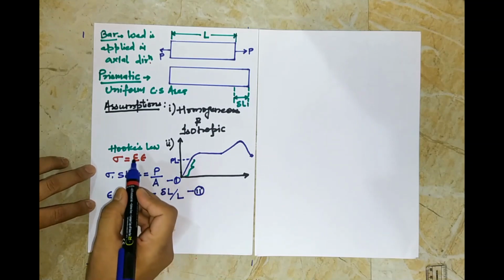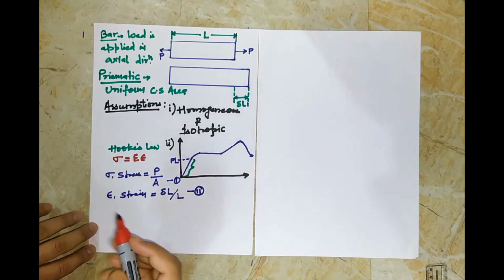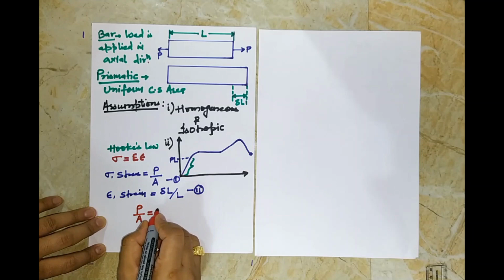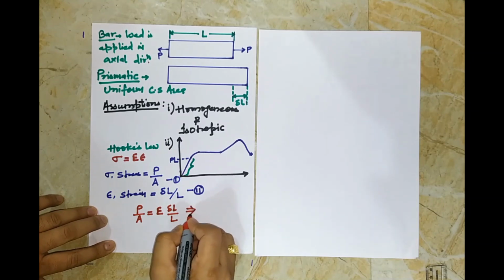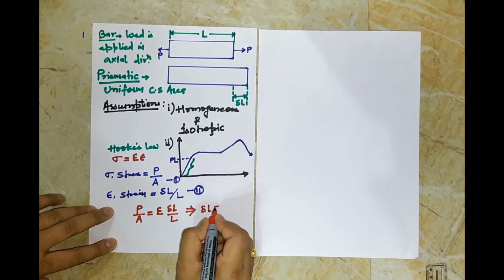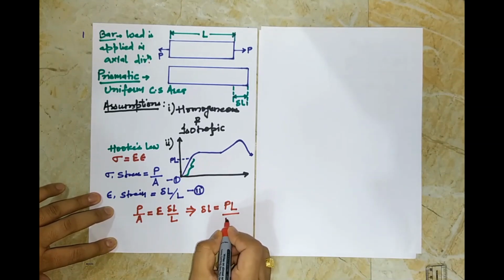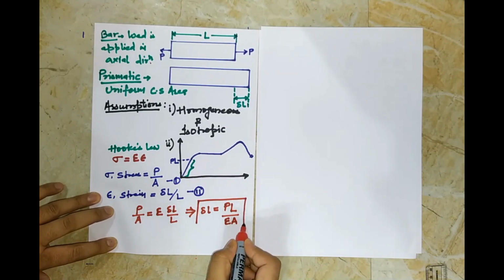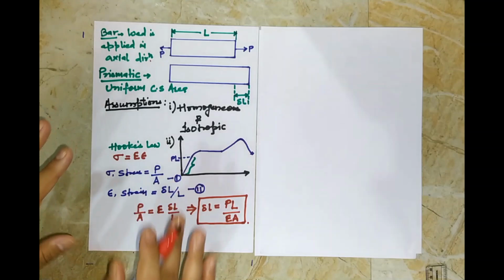And let us put 1 and 2 in Hooke's law equation, because we are elongating it such that it follows Hooke's law. Okay. So as we put these 1 and 2 in this equation, we find that P by A is equal to Young's modulus times del L by L. By rearranging, we'll find that del L is equal to PL upon EA. So this is our change in length quantified now. This is the formula for change in length of a prismatic bar in which load is applied in the axial direction.